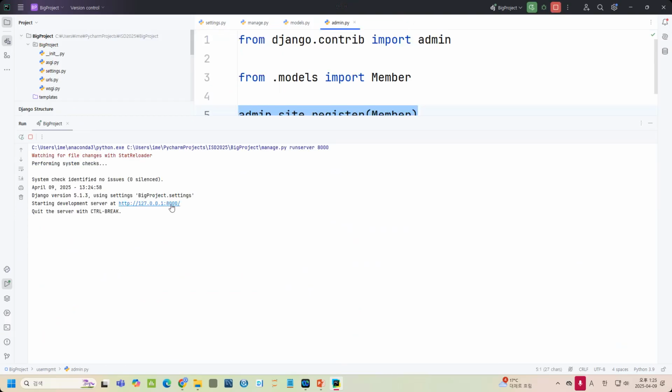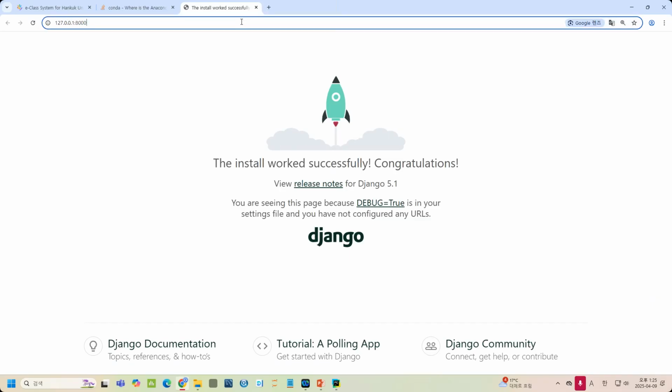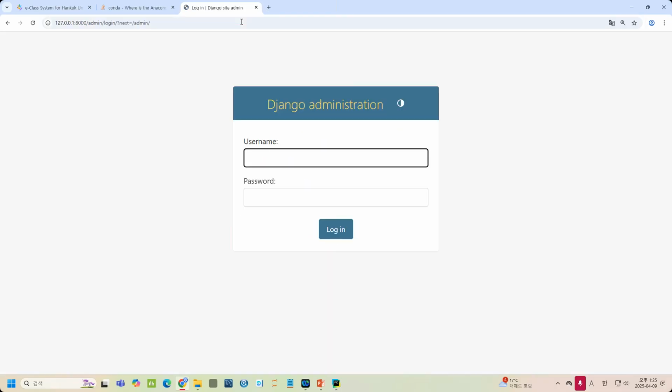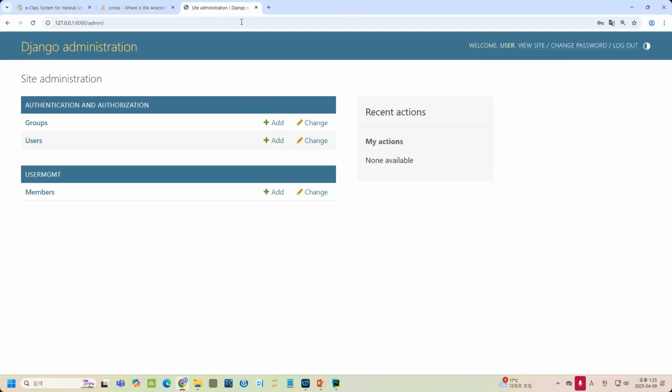After I run the project, you can go to this link, and then as you know, you can see this first page of Django. Now you can go to the admin side. Admin. And you can enter your username. So if you can enter this one, the one that I have mentioned before, I created a super user. So the username is user, and the password I just created before is HAFIME203. Then I can go to this admin, and then I can see there is an app, user MGMT, and then there's also